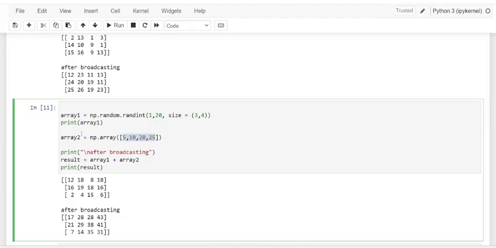So the second row of array 1 and the one and only row of array 2 are added, and here we get the resultant 16, 19, 18 and 16 resulting in 21, 28, 38, 41, because we have different values in array 2. 4 different values.